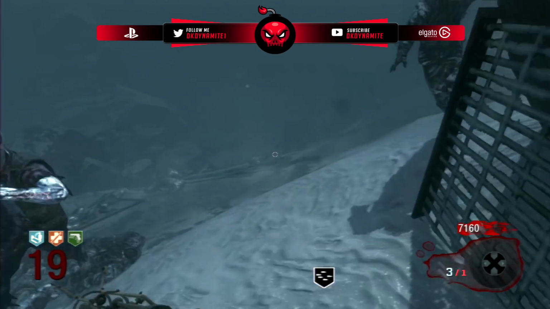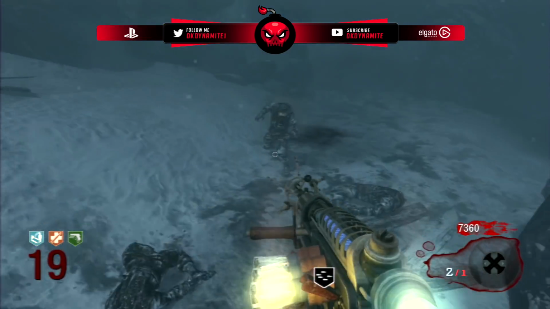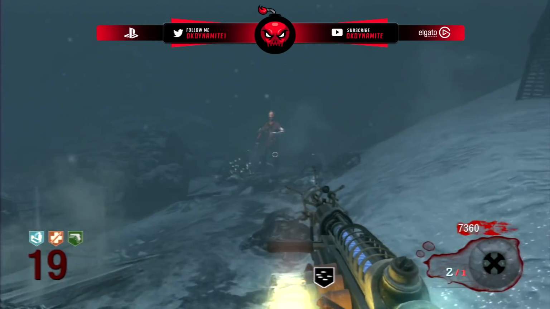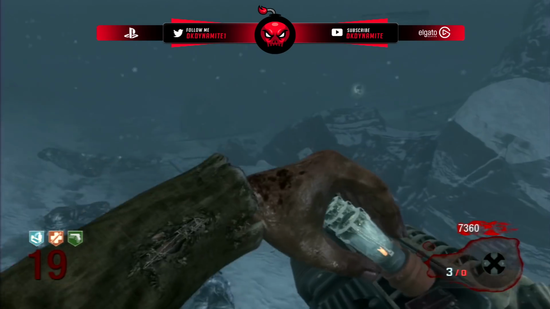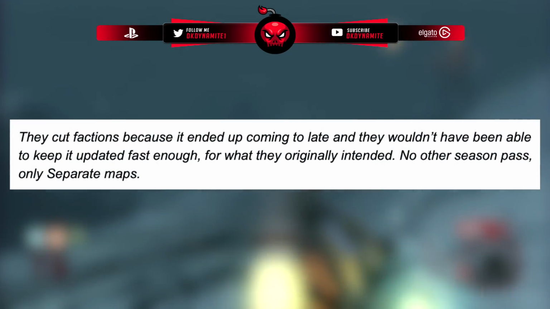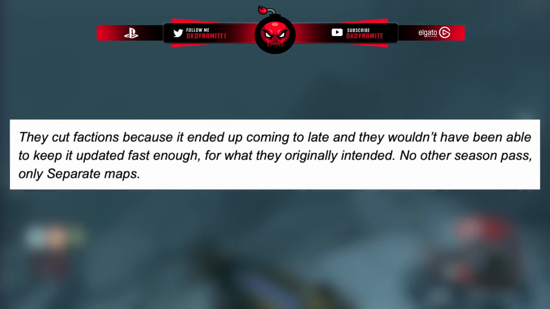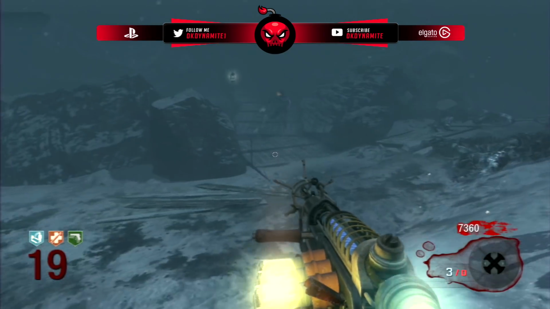What happened to factions? I've had this confirmed from other sources before, that it was replaced by contracts and it happened behind the scenes, but he had to reconfirm for everybody here that they cut factions because it ended up becoming too late and they wouldn't have been able to keep up with the updates fast enough for what they originally intended. Now, we obviously learned from the Dark Ops achievement that factions was supposed to feature 12